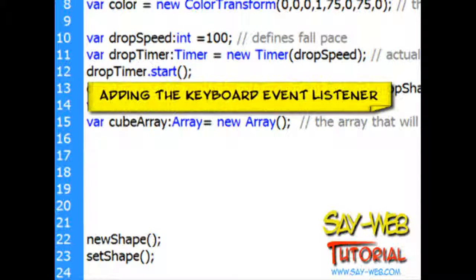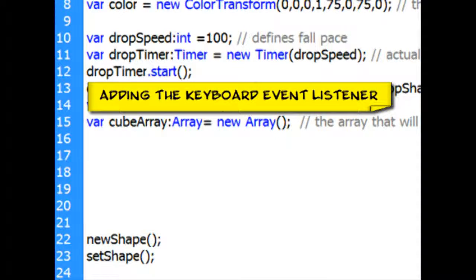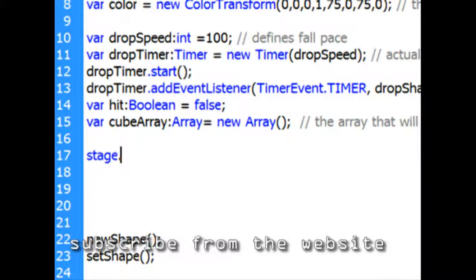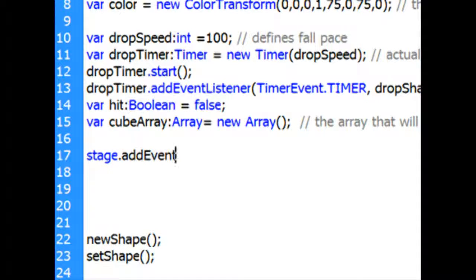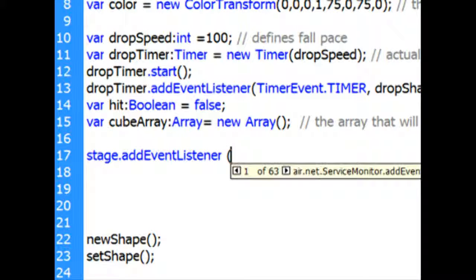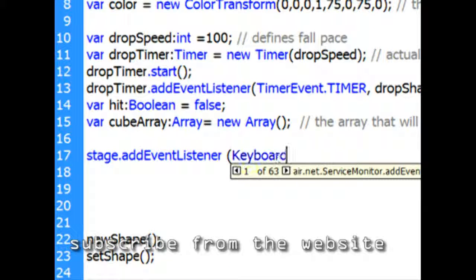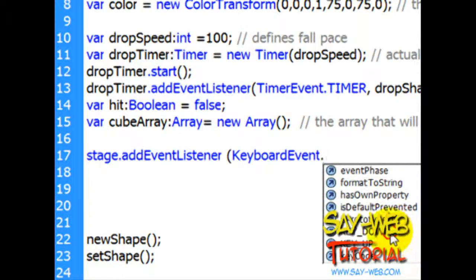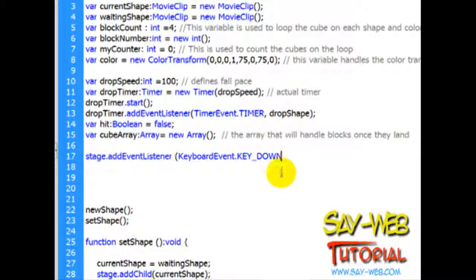If you guys remember, we have three include files, and the first one was setting shapes. That's the one we're using to declare variables, and that's the one we're going to use to add our event listener. Yes, the event listener is going to be placed right at the beginning of our Tetris, and is going to set the compiler waiting for a keystroke. Once the keystroke happens, it's going to fire a function. We're going to name this function move shape, and